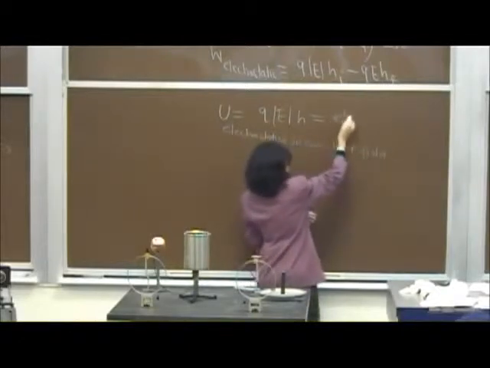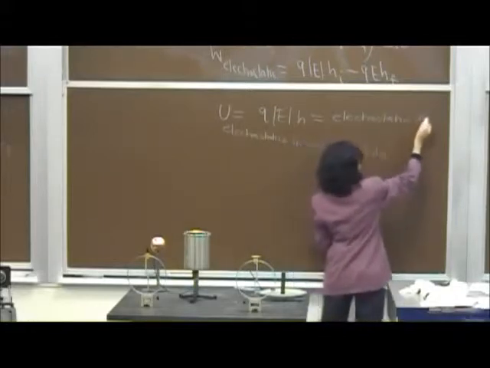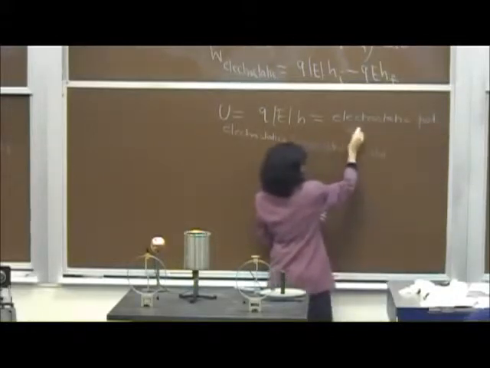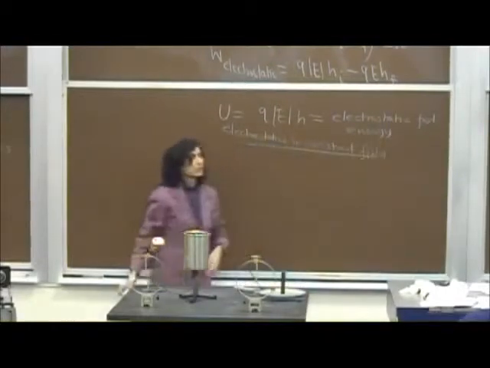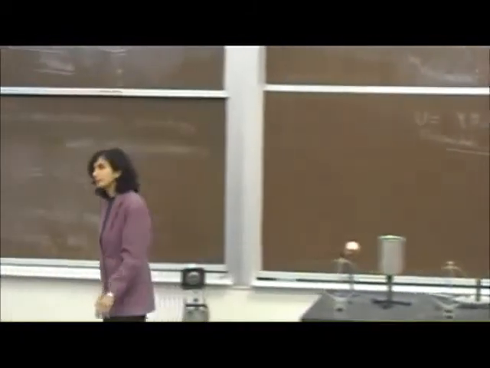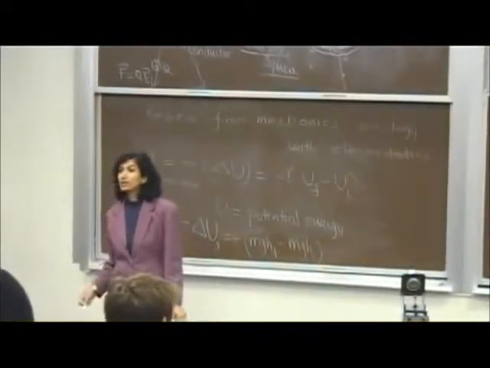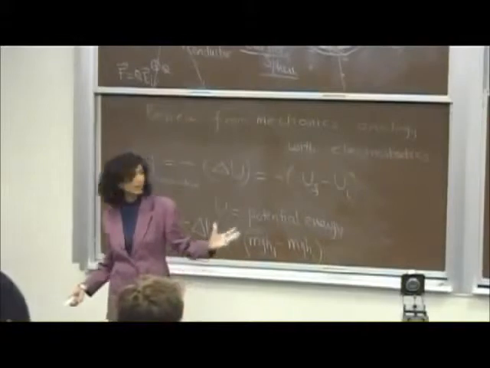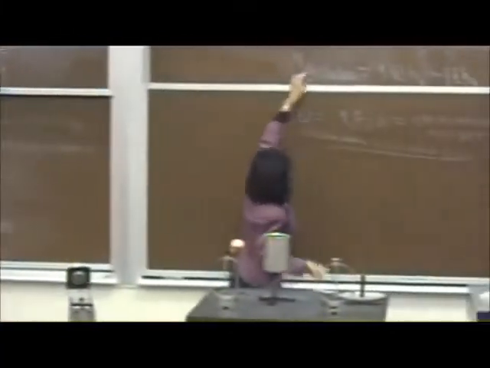This is the electrostatic potential energy in constant field. Notice that this is only true for a constant field. If the field was not constant, I would have to do work done is equal to the integral of F dot ds. Right now, we got a simple answer. Is everybody seeing? Then we can write this as